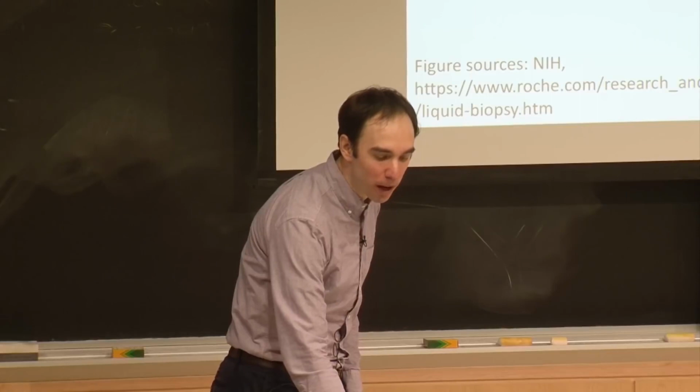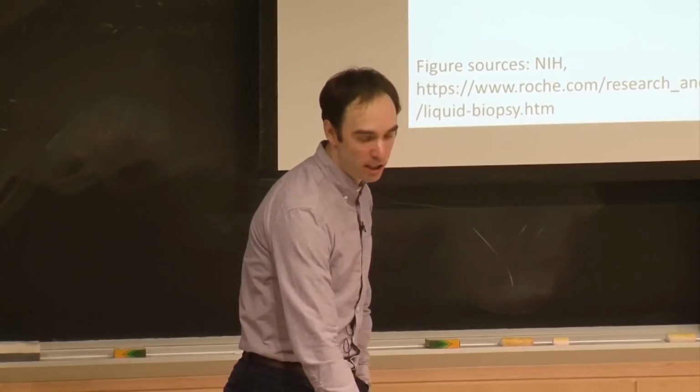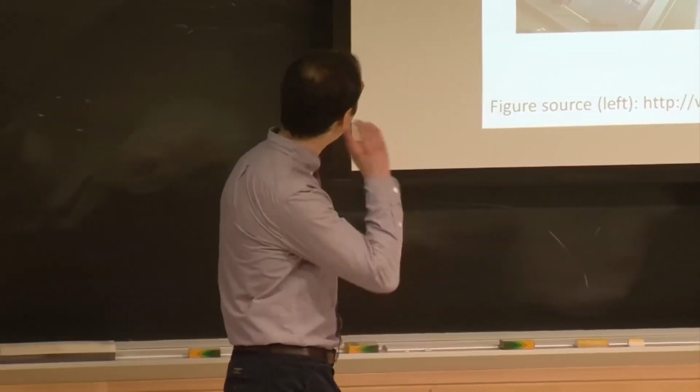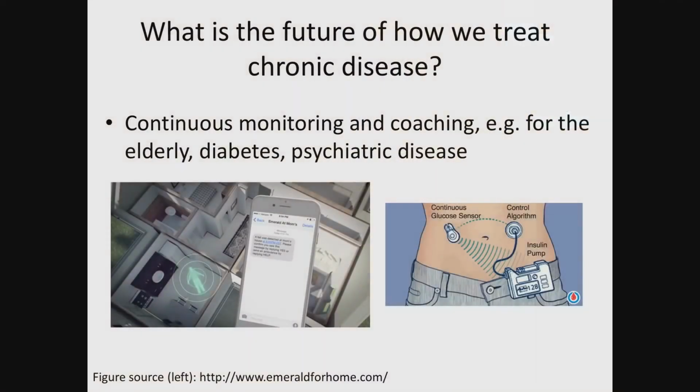We could also think about how to better track and measure chronic disease. One example, shown on the left here, is from Dina Katabi's lab here at MIT in CSAIL, where they've developed a system called Emerald, which uses wireless signals, the same wireless signals that we have in this room today, to try to track patients. They can actually see behind walls, which is quite impressive. Using this wireless signal, you could install what looks like just a regular wireless router in an elderly person's home, and you could detect if that elderly patient falls.